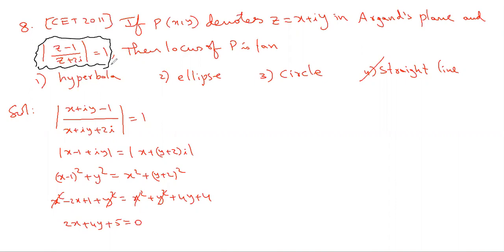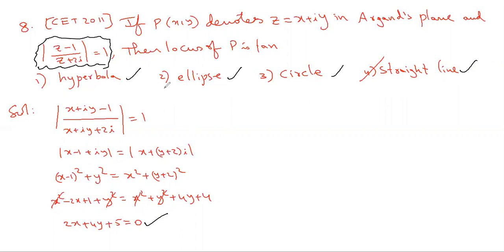What kind of geometrical figure is that? Whether it is a hyperbola, ellipse, circle, or straight line, that's what the question asks. Right now, we don't know what hyperbola, ellipse, and circle are. If required, we know straight lines. At least we know that a linear equation in 2 variables is a line equation. Suppose we are not getting a straight line, then we can worry about what hyperbola, ellipse, and circle are.